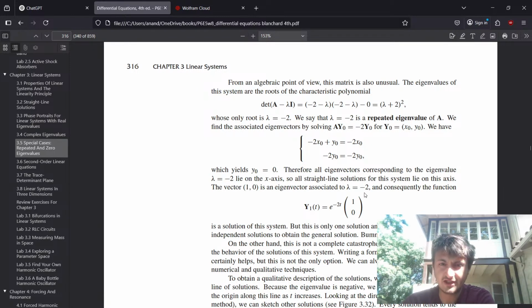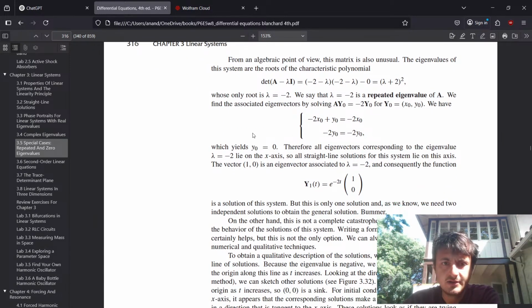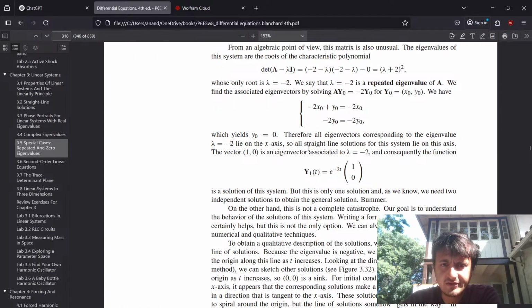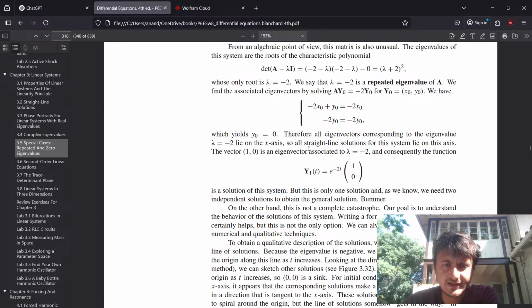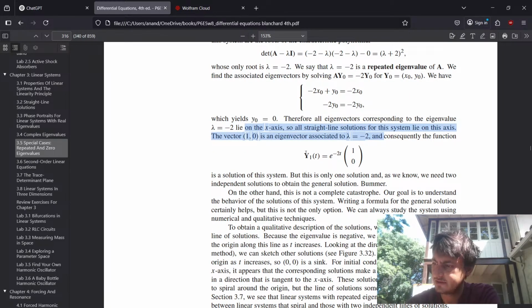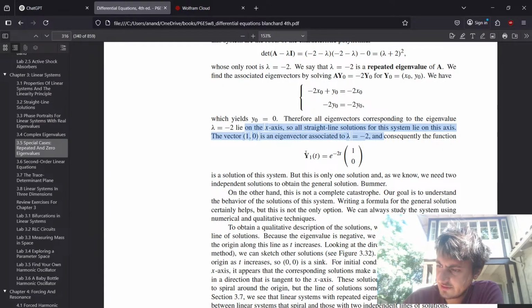Okay, so (1, 0) is the eigenvector. Let's read that. Which yields y equals 0. Therefore, all eigenvectors corresponding to the eigenvalue lambda equals minus 2 lie on the x-axis. So all straight line solutions for the system lie on this axis. The vector (1, 0) is an eigenvector associated with lambda equal minus 2. So for initial conditions of the form (x0, 0), we'll have the solution